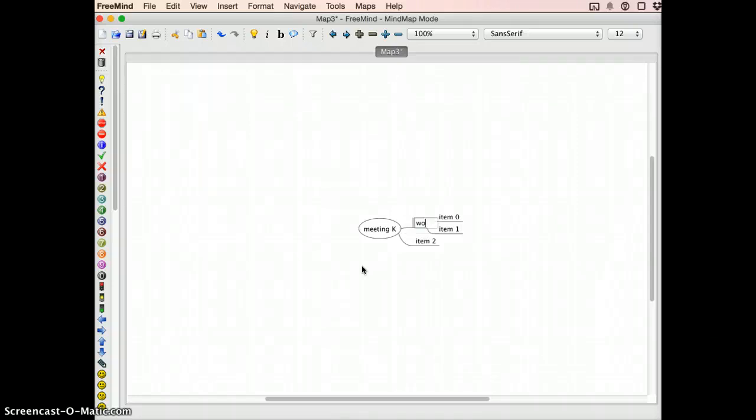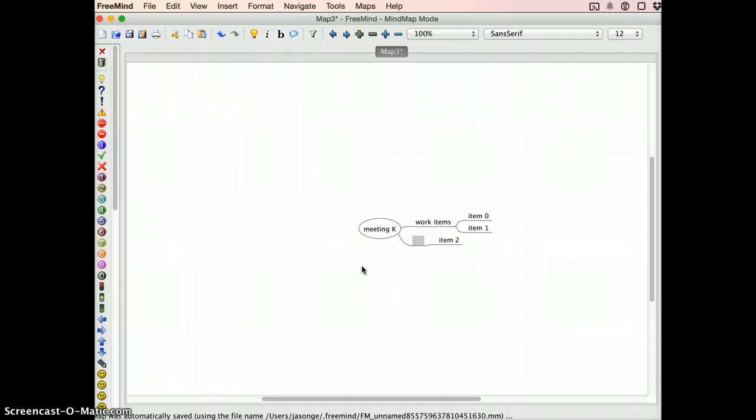Let's say this is work items, and then if you press down, let's say press shift tab, this is the nodes, for example,